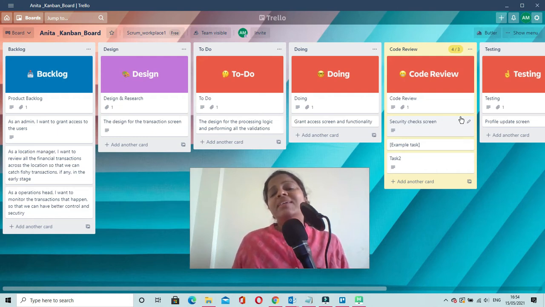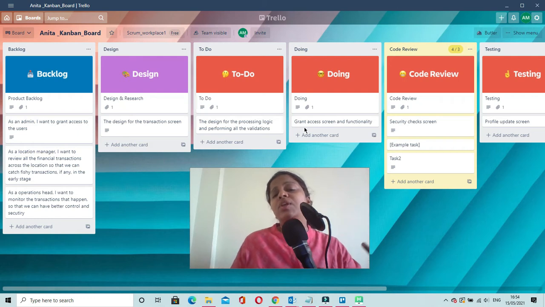If you are maintaining an electronic Kanban board, then it could be available on your company's portal, and all your stakeholders will be able to visualize the status of the project. So the first principle in Kanban is to visualize the workflow. You have to make your process visible to all the stakeholders. You have to update all the tasks in each of the phases of your project.